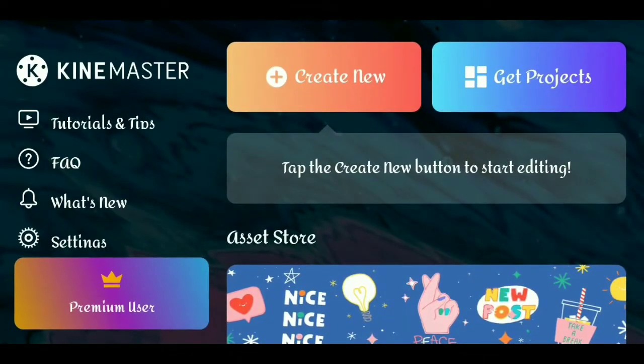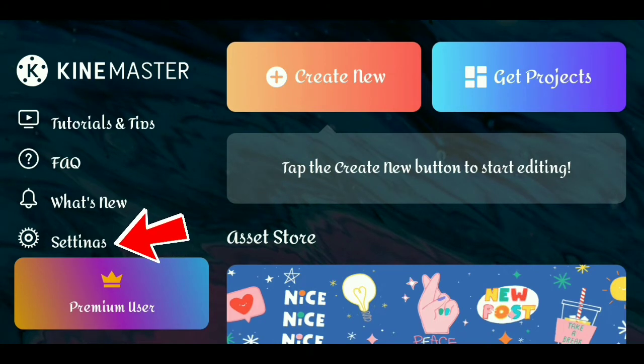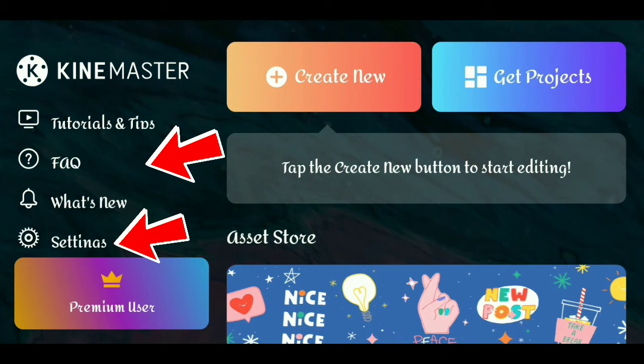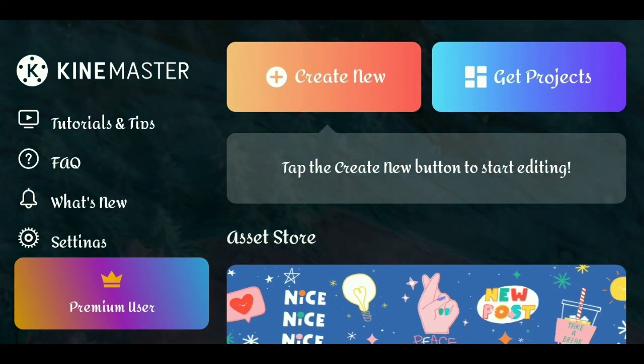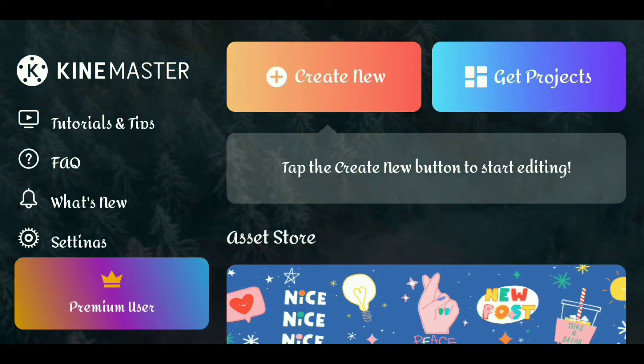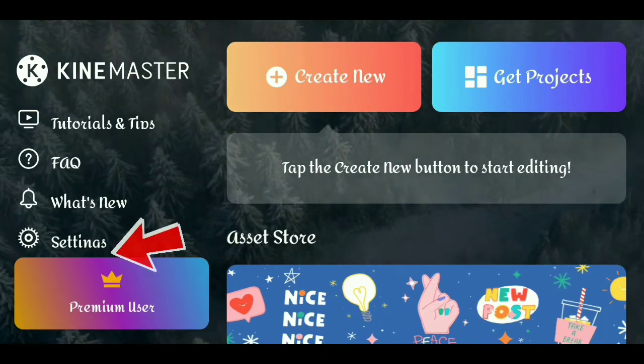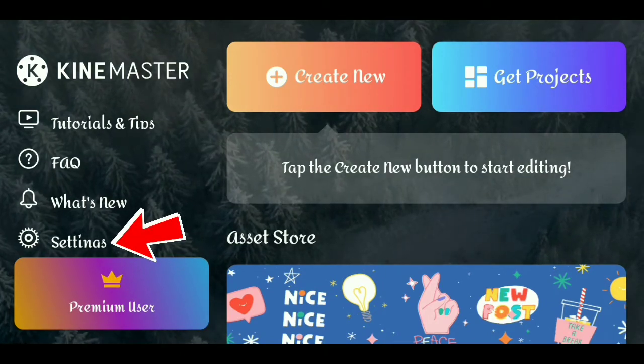Okay, so here we are in Kinemaster. This is what you see when you first open up the app. Now before we jump into creating our editing project, this one is settings and a few buttons to get help and know more about the application. So go to the settings tab down in the bottom left hand corner,